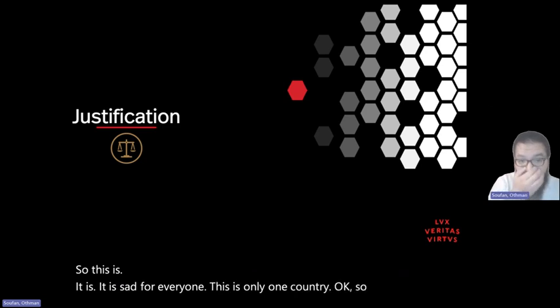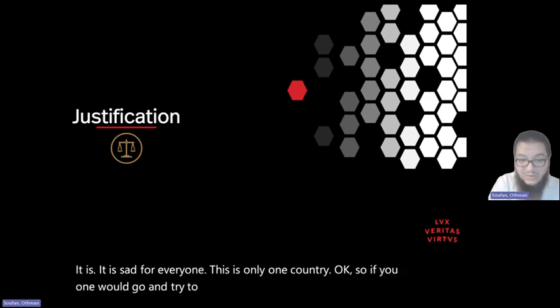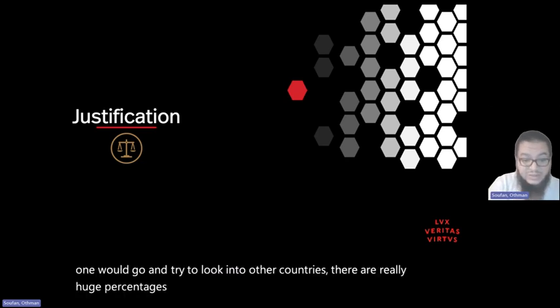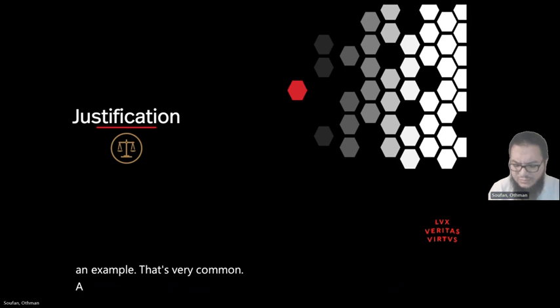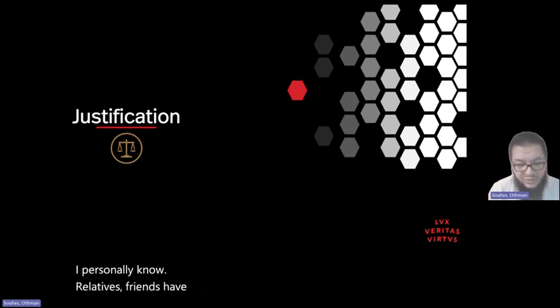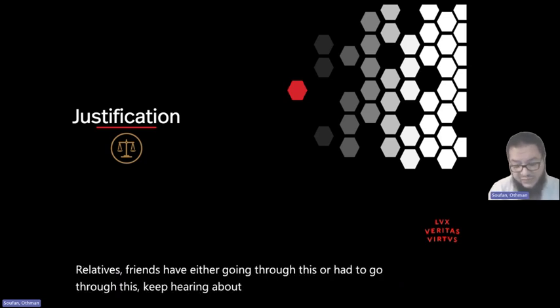If one would go and look into other countries, there are really huge percentages and numbers. I gave just breast cancer as an example. That's very common. I personally know relatives and friends who are either going through this or had to go through this, and I keep hearing about other types of